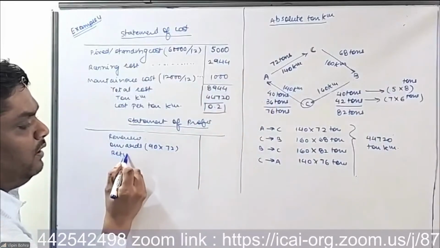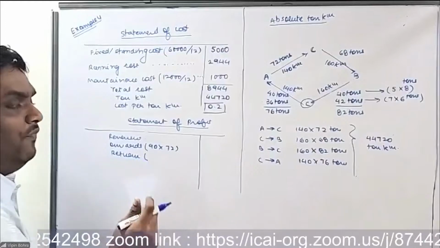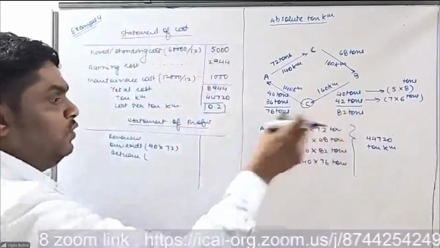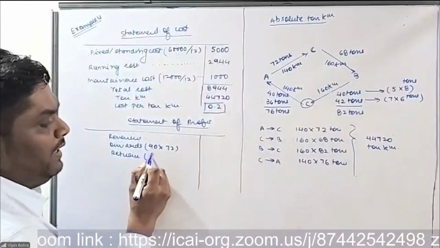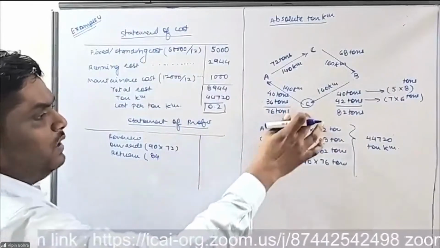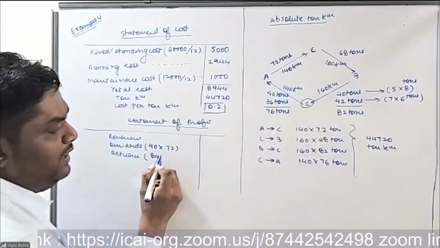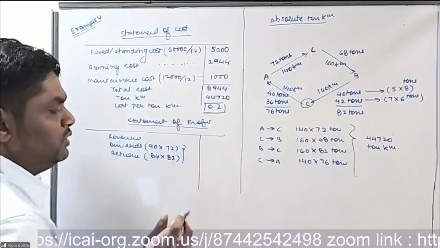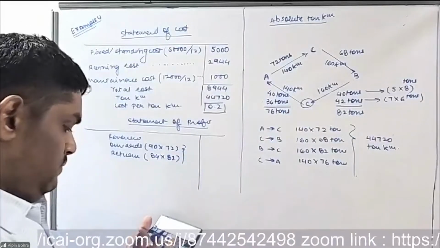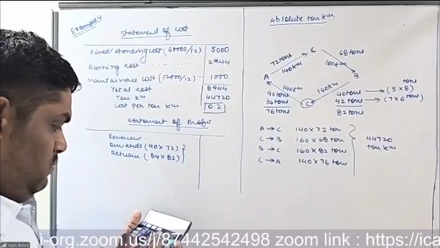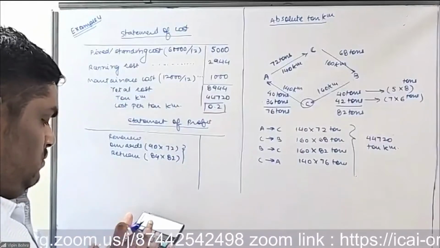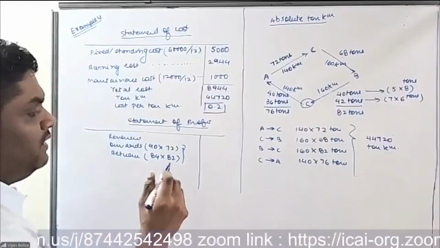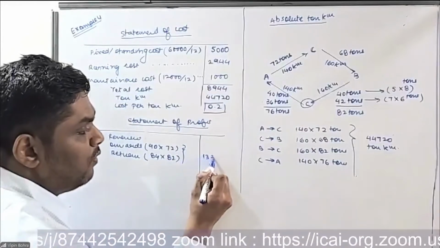And for return, they are offering concessional fare, that is rupees 84 per ton for the total tons transported. Again, no concession if the goods are unloaded at city C. So 84 rupees into 82. So the total revenue will be 13,368